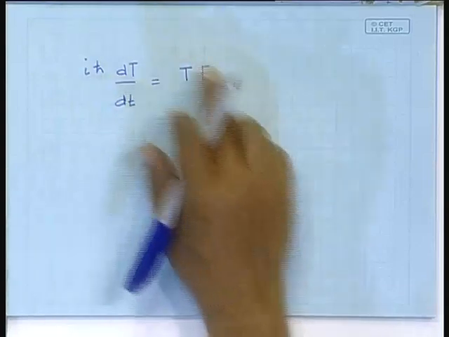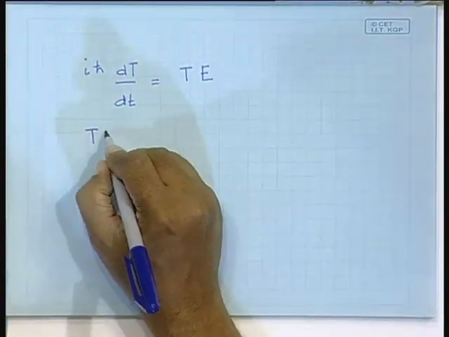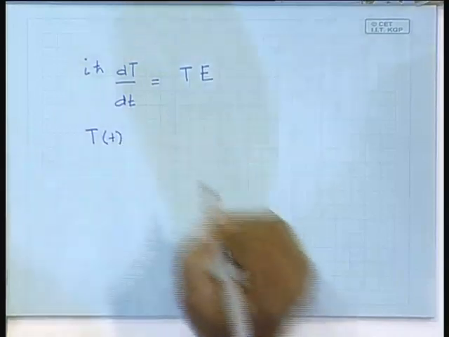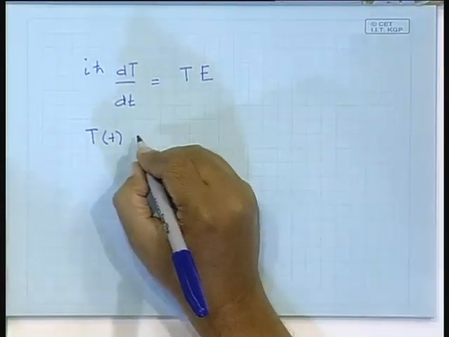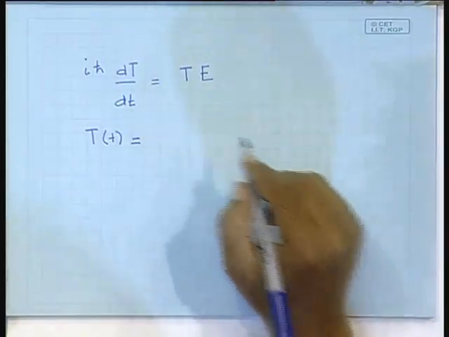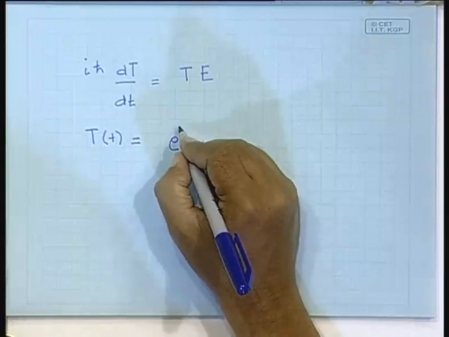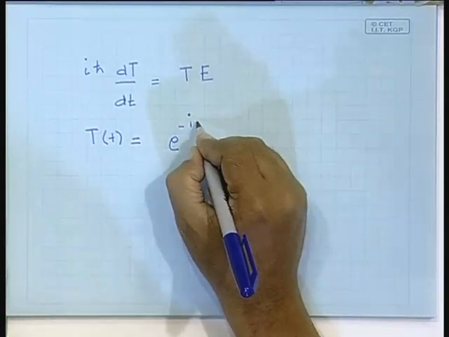Now, the solution to this is easy to write down. The solution is T as a function of time is equal to, there could be a constant which I am not writing down, an overall constant, into e to the power minus i E